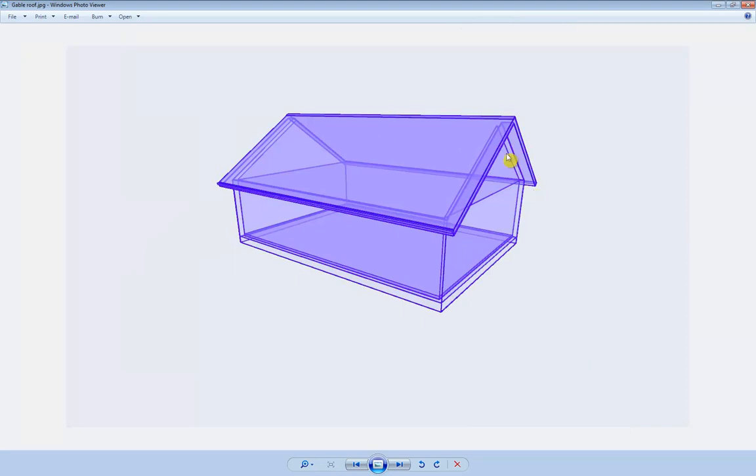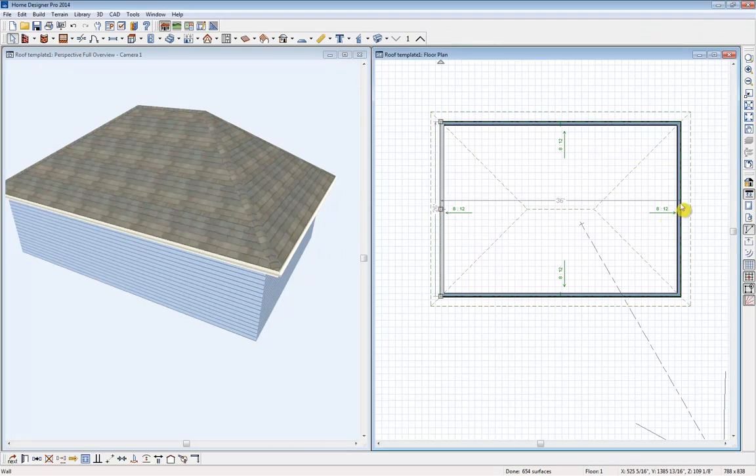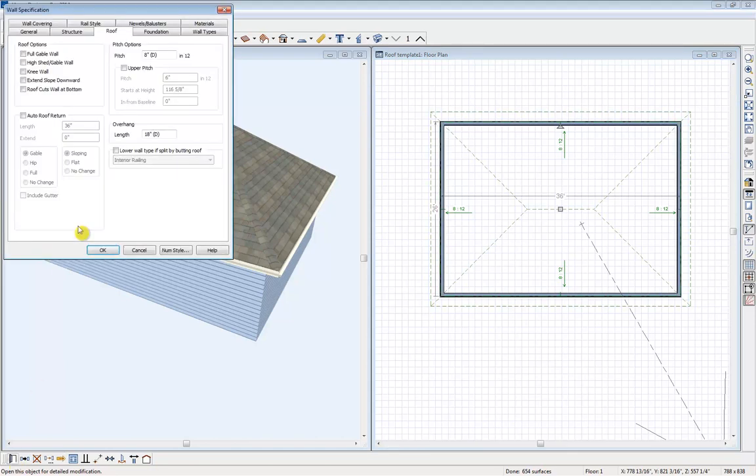It's basically just two roof planes on opposite sides, and we're going to remove the roof planes over two of our walls. So to do that, I'm going to select the two walls that I want to become gable walls, and I'm going to hold down my control key so that I can select both walls at once. That's something that we can only do with Home Designer Professional, but it makes it nice because I can come down here, open up both walls, and select this full gable wall option,